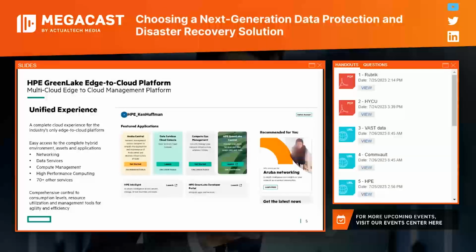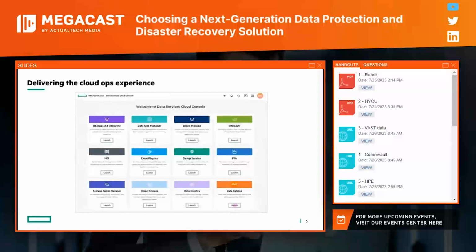Here's a screenshot of the GreenLake Cloud Platform. You can see the Aruba Central tile for networking. Data Services Cloud Console is what I'm going to talk to today. That's for managing storage-related products. We've got Compute Ops Management for managing your servers. And then lastly, HPE GreenLake Central for your entire GreenLake infrastructure, all via one cloud platform. That's the compelling thing. If you click on Data Services Cloud Console, this is a screenshot of that. You can see up in the top left, backup and recovery. We've got block storage for managing your block arrays like Alletra, Primera, and Nimble, HCI. And then what you don't see here is GreenLake for Disaster Recovery. That just launched a couple, 3 weeks ago, so that's not on the screenshot just yet.